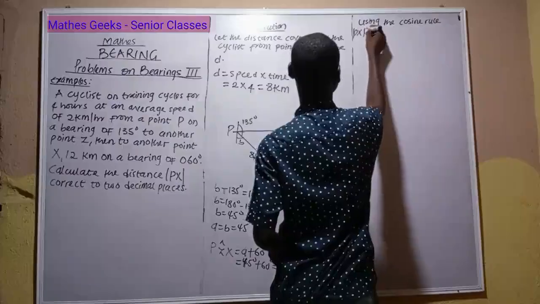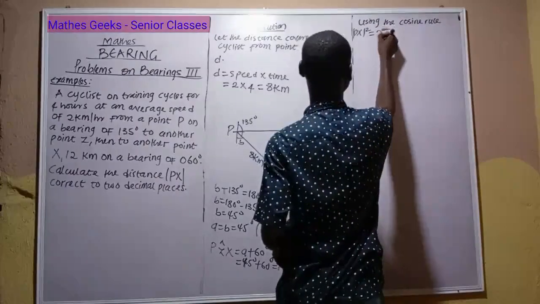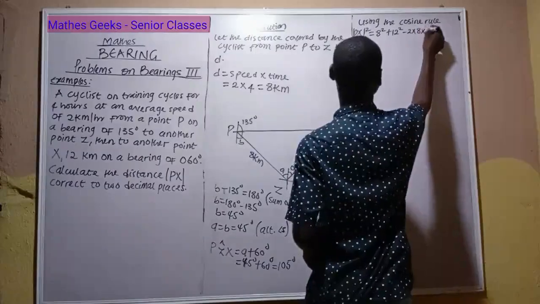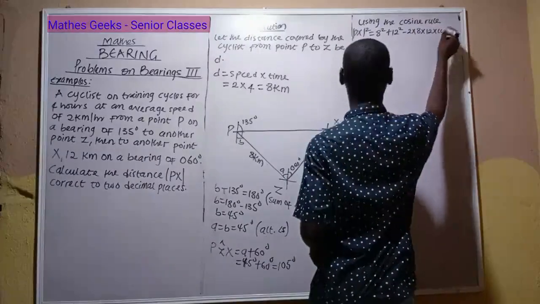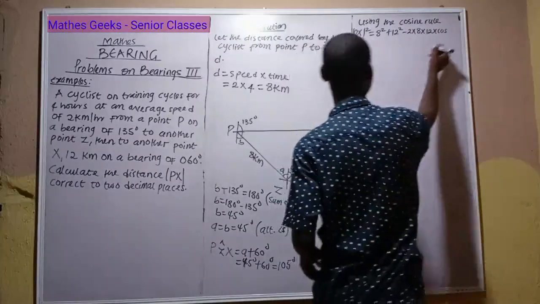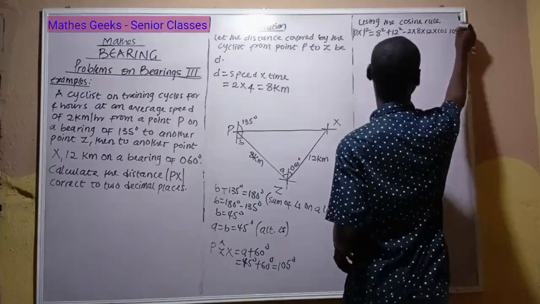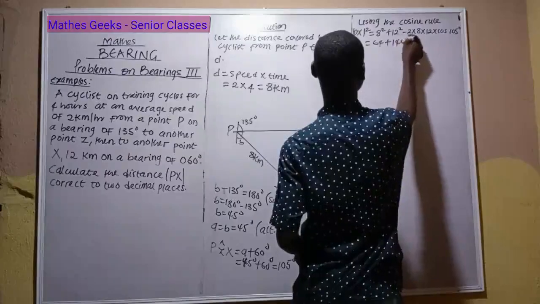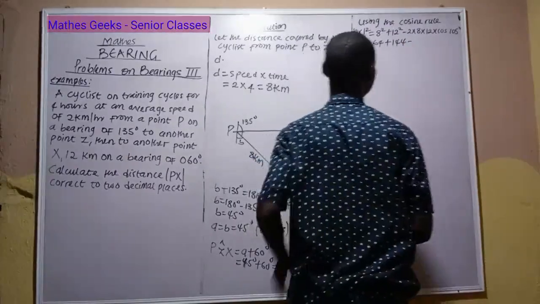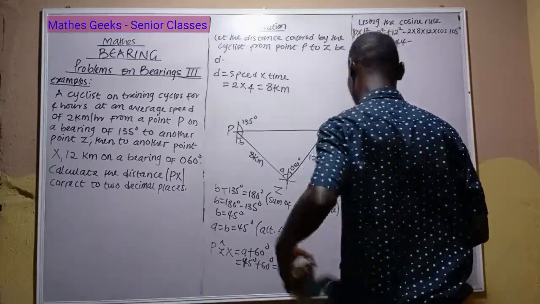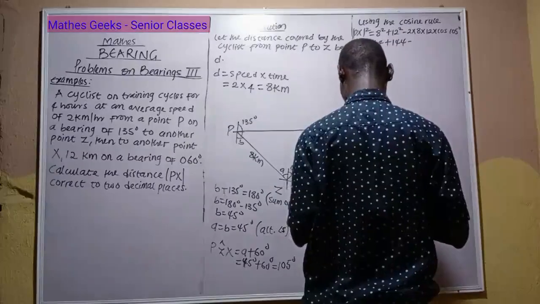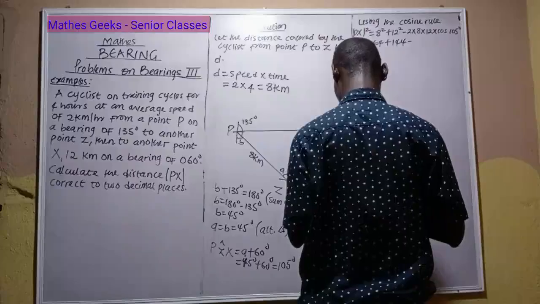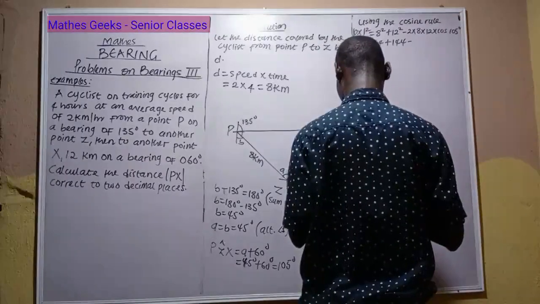PX squared is equal to 8 squared plus 12 squared minus 2 times 8 times 12 times cos 105 degrees. 64 plus 144 minus 2 times 8 times 12 times cos 105,